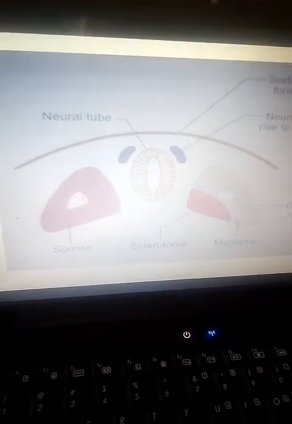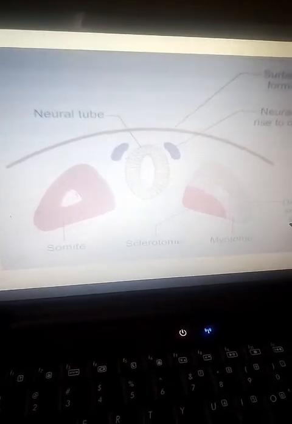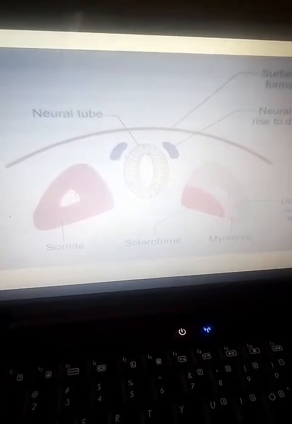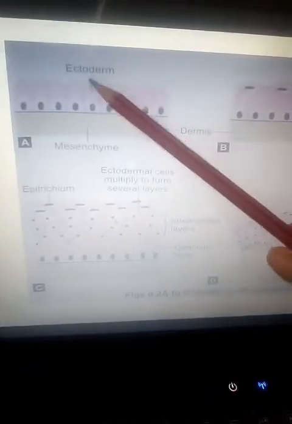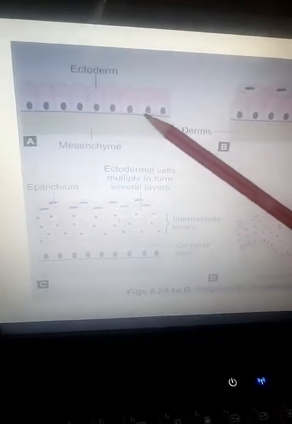First of all, we will see the epidermis. The epidermis is derived from the surface ectoderm, which is first a single layer. So here you can see in this picture, the epidermis is derived from the surface ectoderm, and to begin with it is a single layer of cells. Then it proliferates and forms a two-layer cell. So after proliferation of these cells, it becomes two layers.